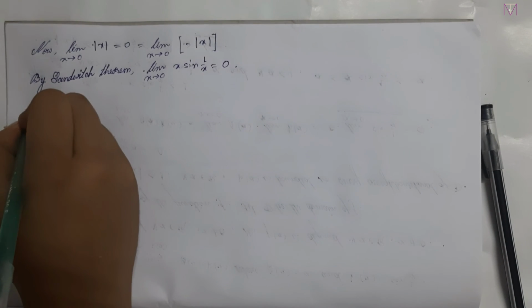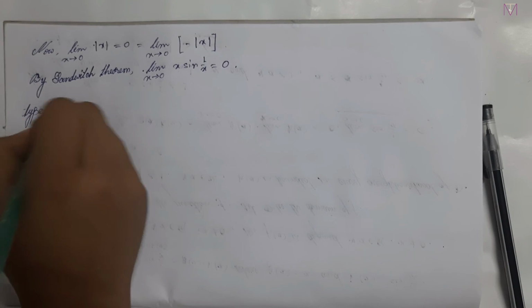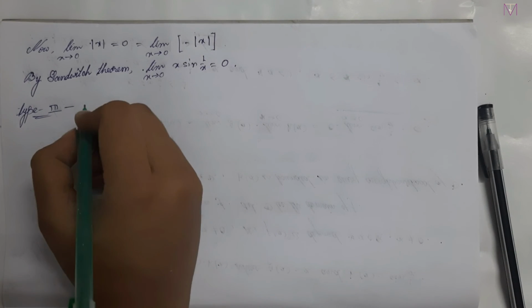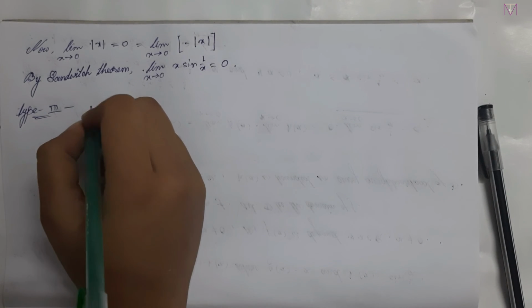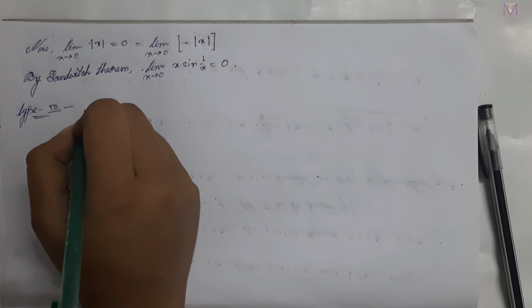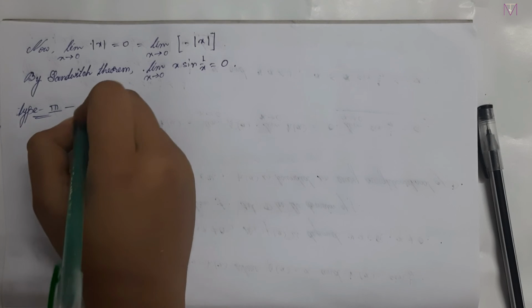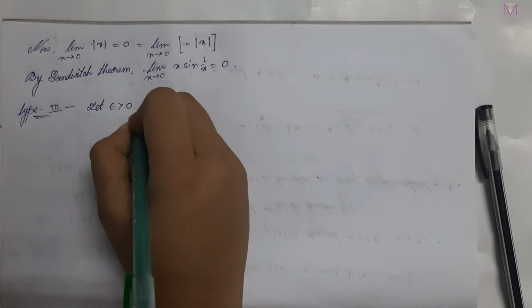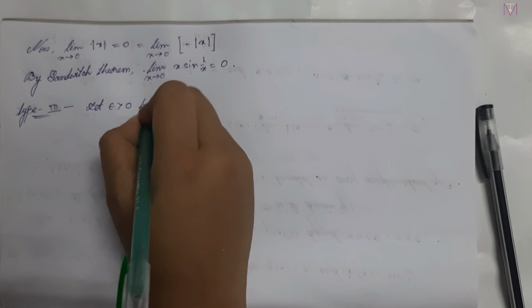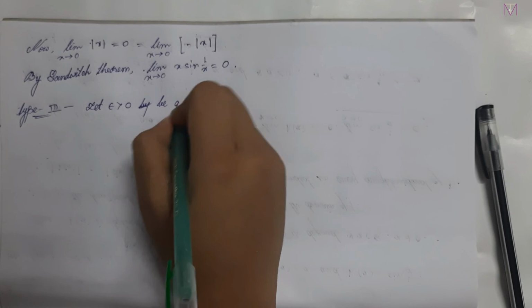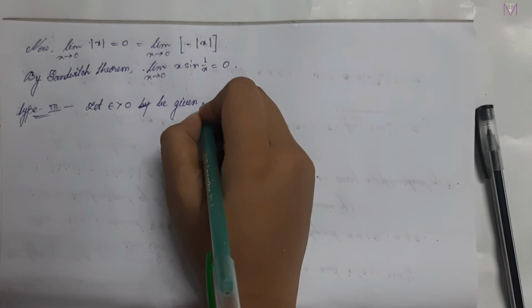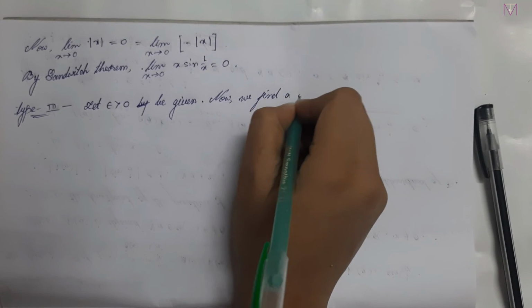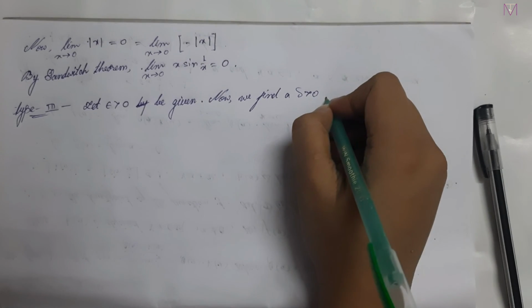Now type 3. You will prove this by epsilon delta definition. What we have learned in the first lecture. If you haven't seen this, you can go to the I button. Now let's start type 3. So first we have to choose an epsilon greater than 0. It is given, obviously. Let epsilon greater than 0 be given. Now we find a delta greater than 0 such that,